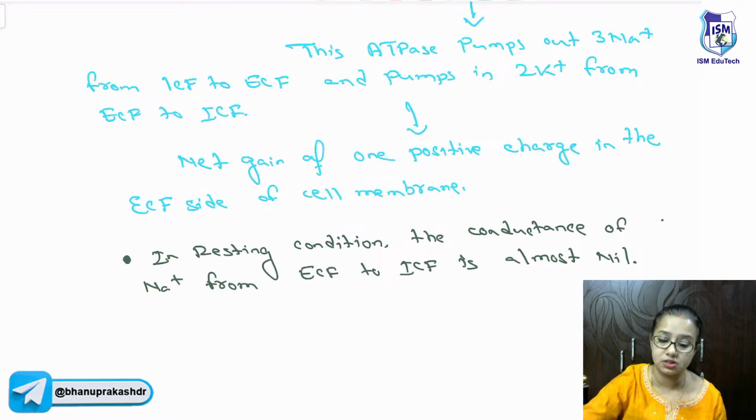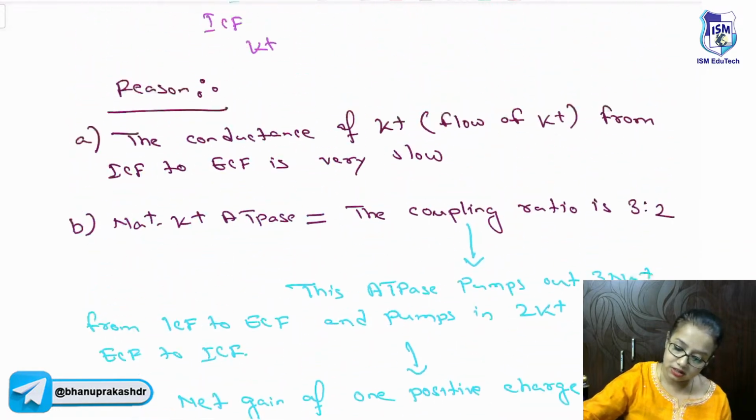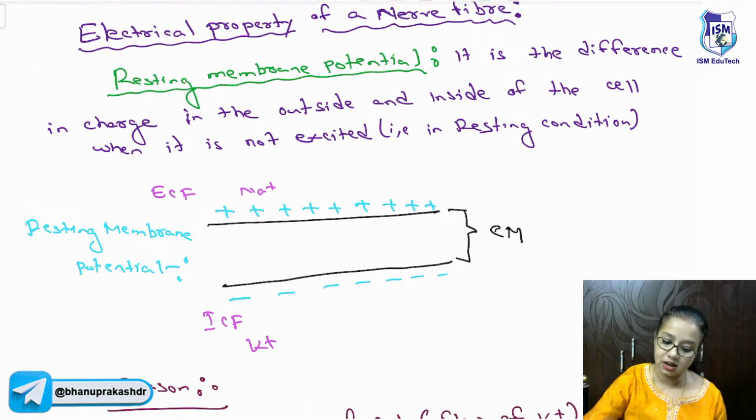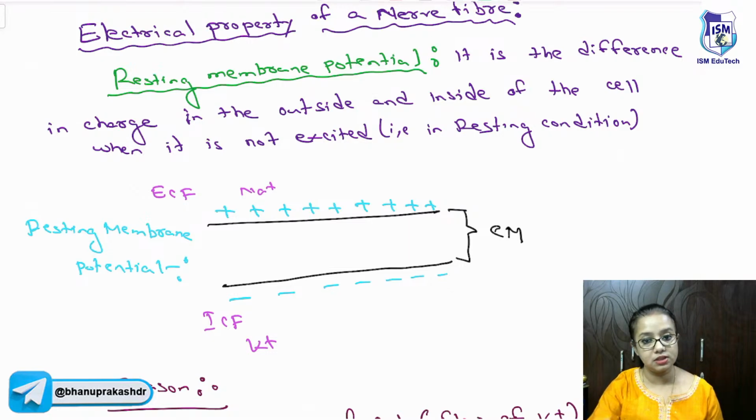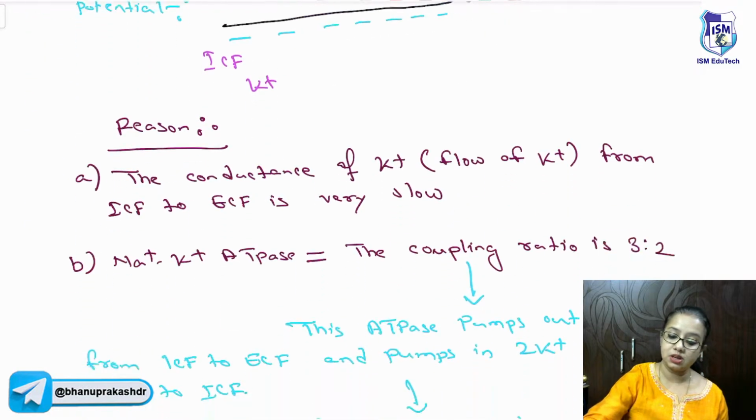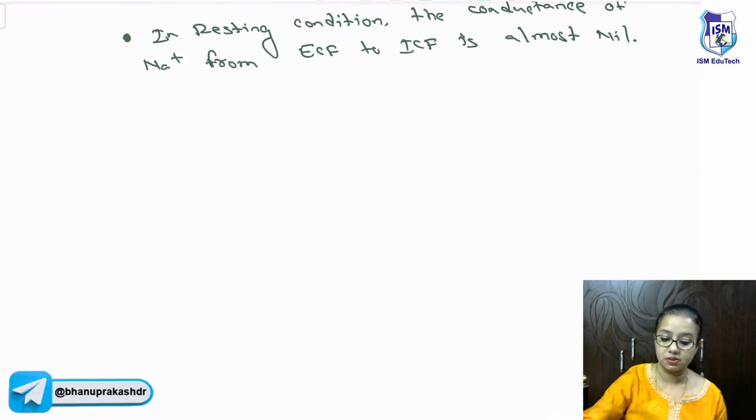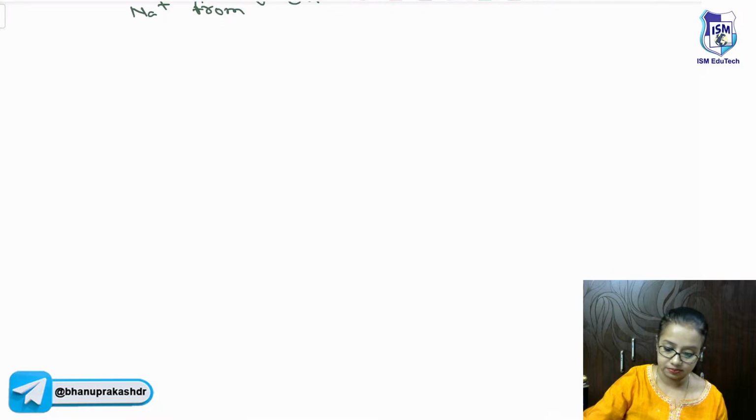It's almost nil. So all these factors make the outside of the cell more positive compared to the inside of the cell. This is the resting membrane potential. It is a difference in the charge that is due to the unequal distribution of the cation and anion across the cell membrane. Okay, now coming to the